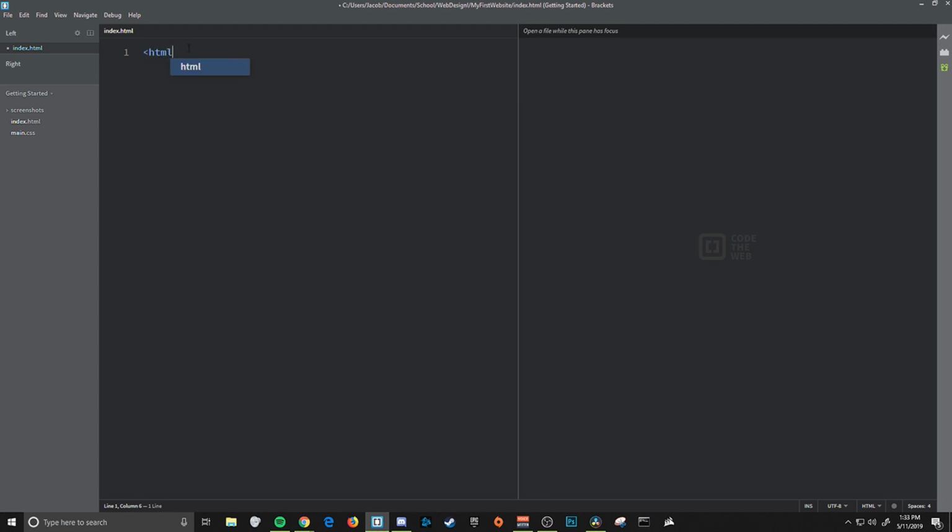So start by typing html. This is what's known as the root element. This element wraps all the content on the entire page. Next up,